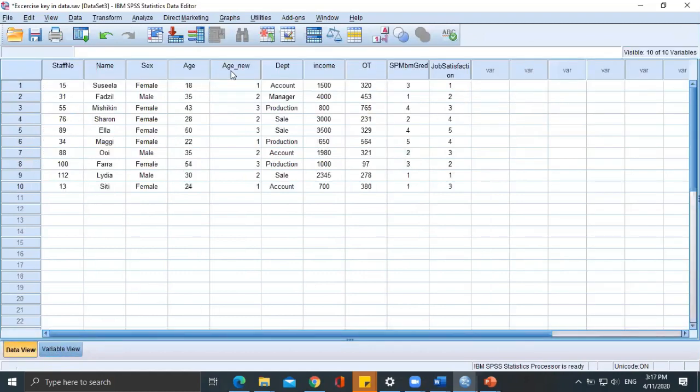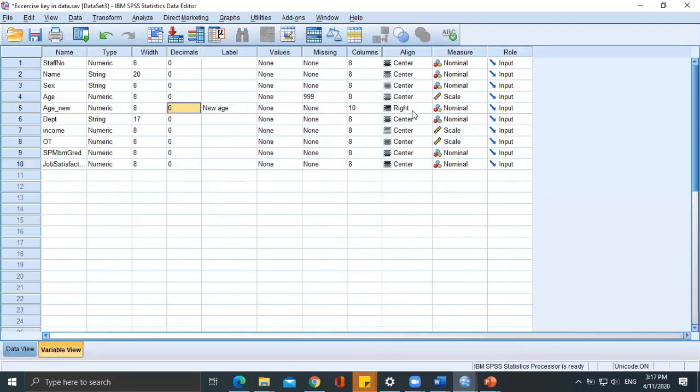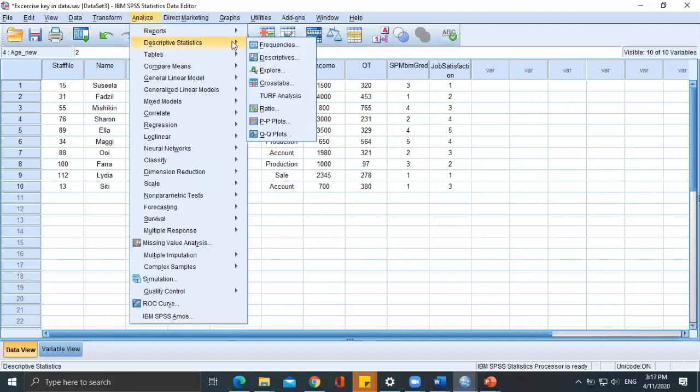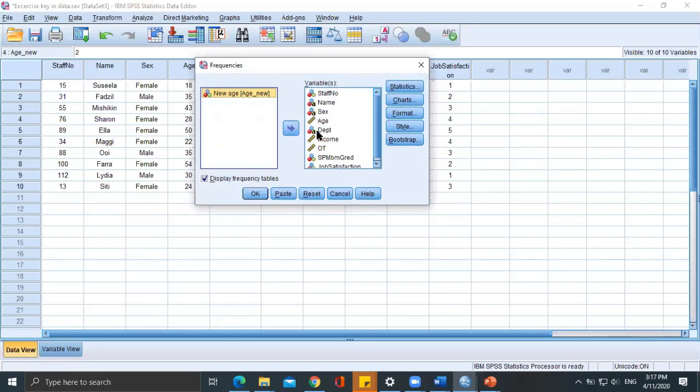Data view. Okay, look. The new age and the age. Age 18, below 25, right? So it becomes 1. 43 is higher than 41, so it becomes 3. 35 is between the range 26 till 40, so it becomes 2. So when you do the frequency later on, analyze descriptive frequency, when you look at this new age,